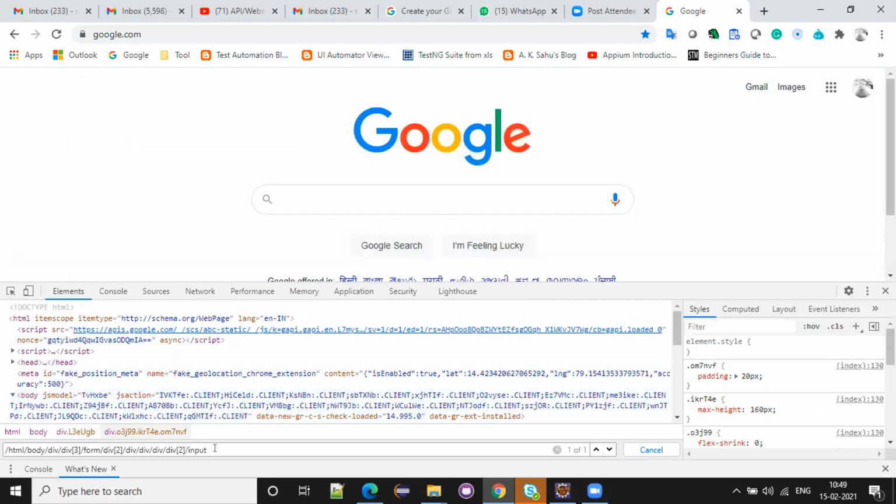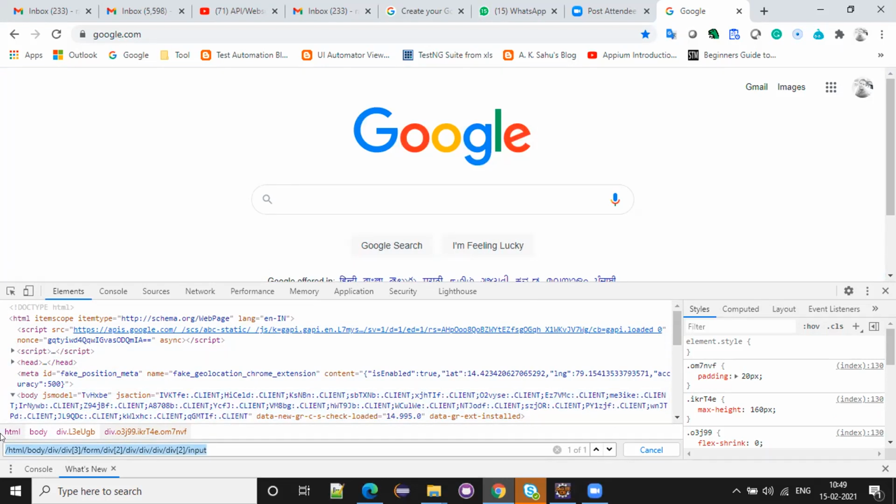So this is the way you can write it, but we won't use this kind of absolute XPath. For interview purposes, you can use this one. They will ask what is absolute and what is relative, like how you will write absolute and relative.